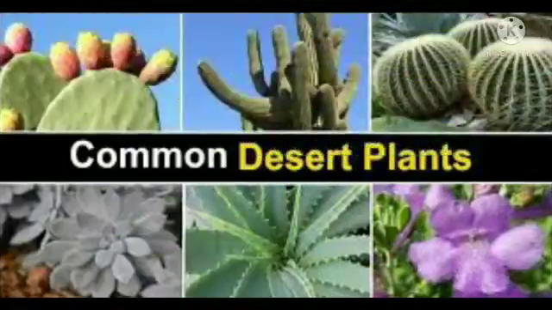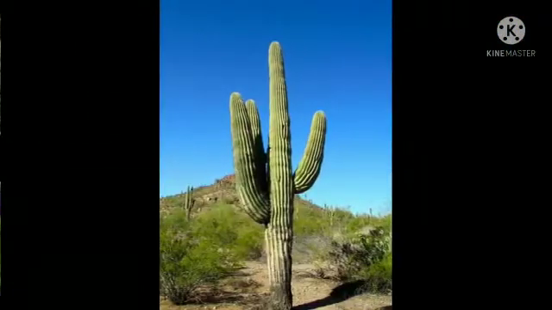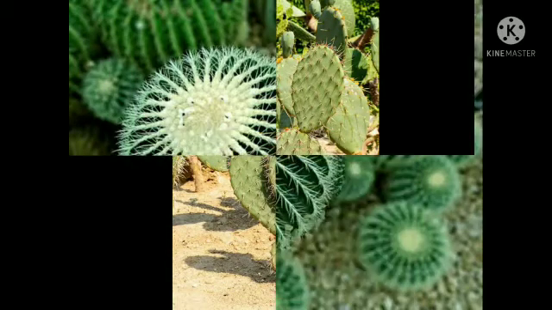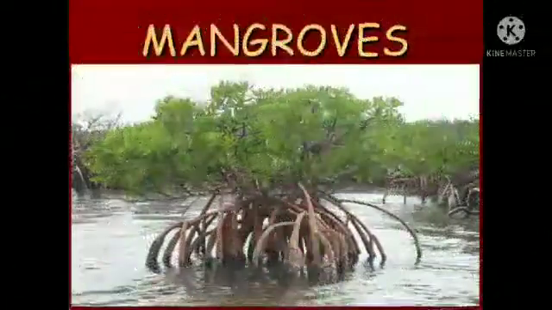In the desert, it is very hot, with strong wind, sandy soil, and fewer nutrients; these are the problems the plants face. To overcome this, the plants have long roots to collect more water, and this water is stored in almost all parts of the plant. So, the plants are called succulents. The leaves of the plants are reduced into spines to reduce the evaporation of water.